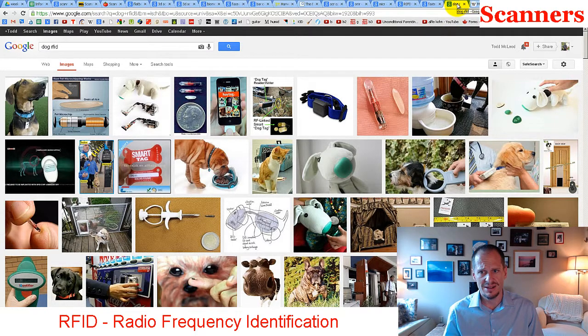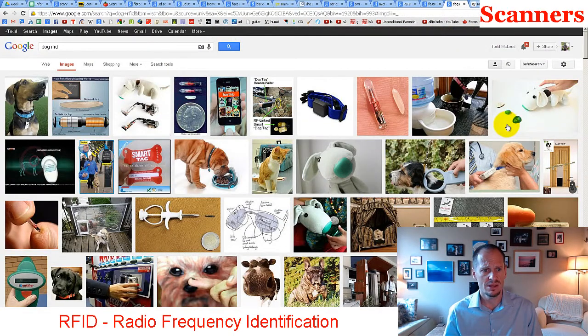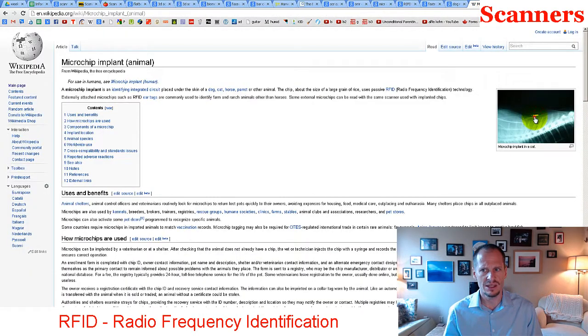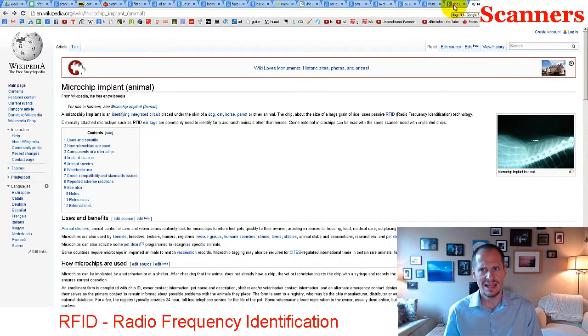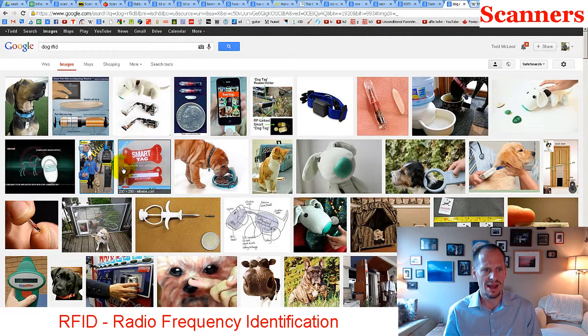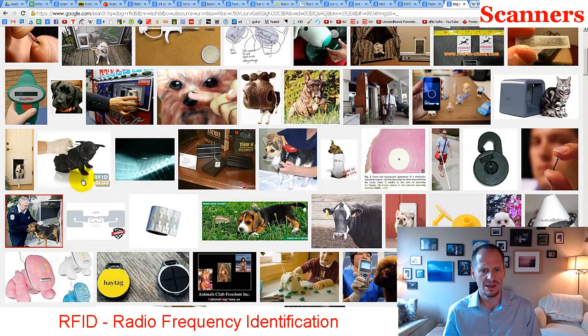And then there's also RFID that's being stuck into doggies and kitties. They stick it into doggies and kitties, and then they could scan them and see who owns them. So if your dog gets lost and the collar comes off your dog and it has a little RFID chip stuck into your dog, like right there, when the dogs get to the pound or the vet, they scan the dogs and the cats, and if they have this little chip, they're then able to find out who owns this dog and call you. So both my doggies got that tucked in beneath their